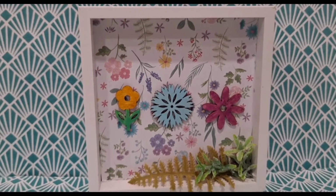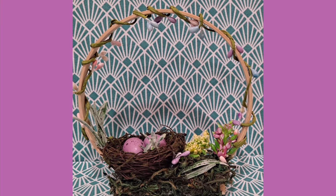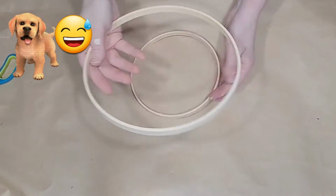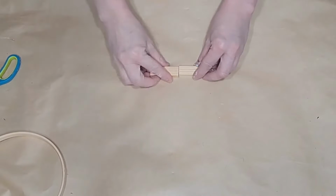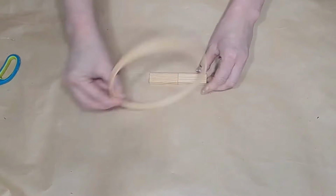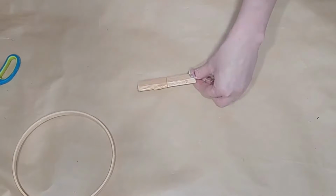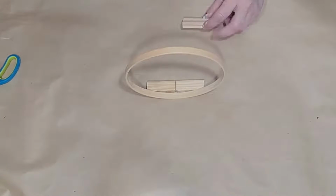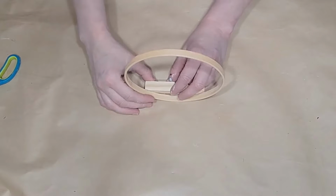Okay, let's jump into our next idea. This one came out so cute. I absolutely loved this idea. So from Dollar Tree, I grabbed the set of bamboo rings, and there's a larger one and a smaller one. I also grabbed 3 of Dollar Tree's Jenga blocks, and I'm going to be gluing 2 of them end to end, and then I'm going to be placing 1 of them on top once I glue this ring onto the side like so. So here I have that, and then I'm going to glue my 3rd Jenga block on top